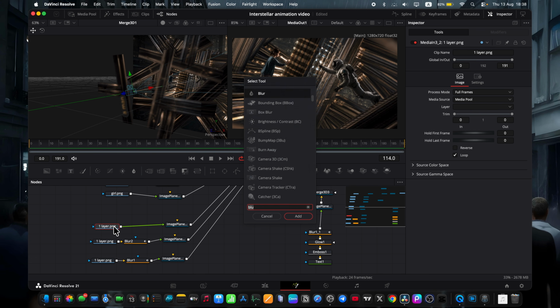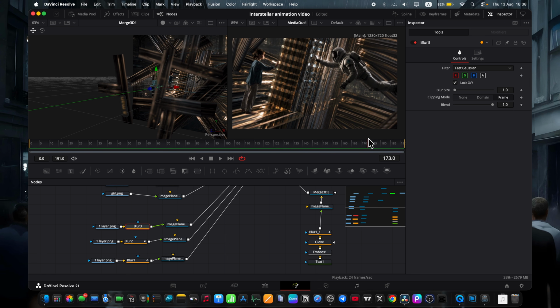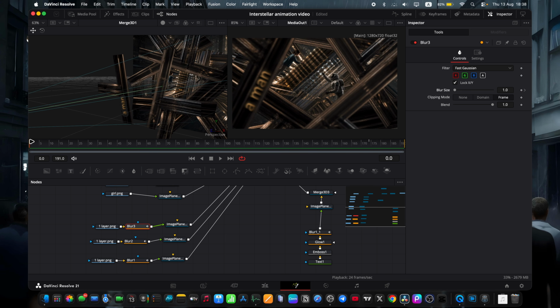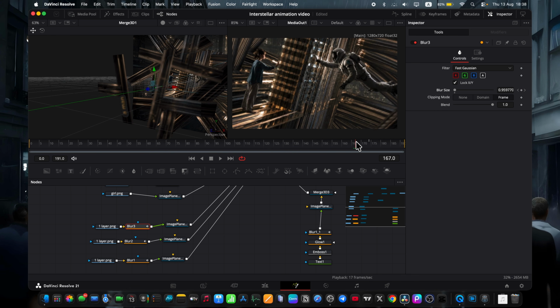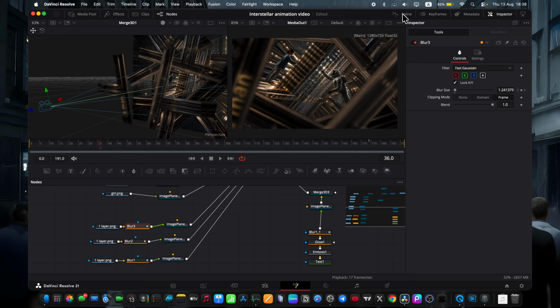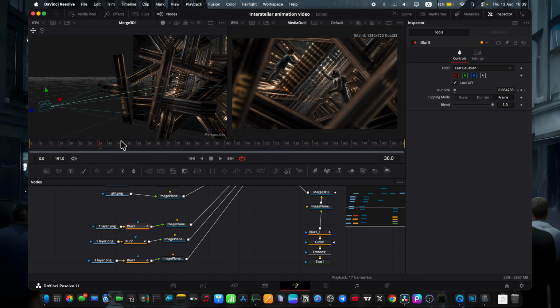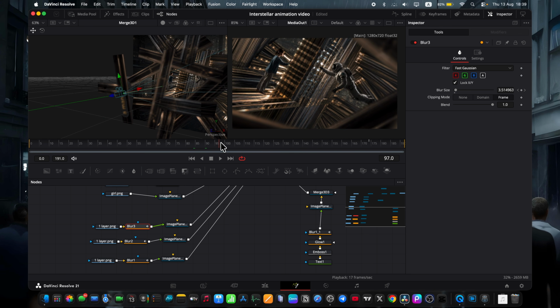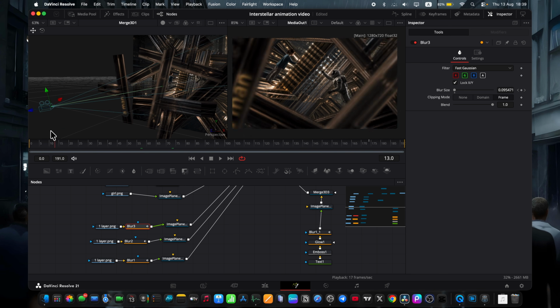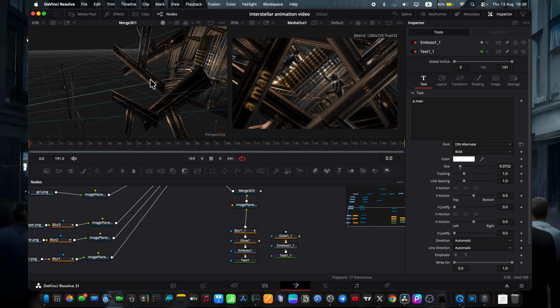Then go to layer 3, identical process, add a blur, set the last frame where we can see it, keyframe it, jump to the first frame, keyframe it again, set blur to 0, I want max focus here, and on the last frame around 7. And look, 3 layers, each blurring at a completely different rate, which really sells the illusion that they are on different depth levels, which is actually true, because it's not an illusion, because we really did create a few different depth levels. And now I just copy this text, copy the image plane from the other layer where I want